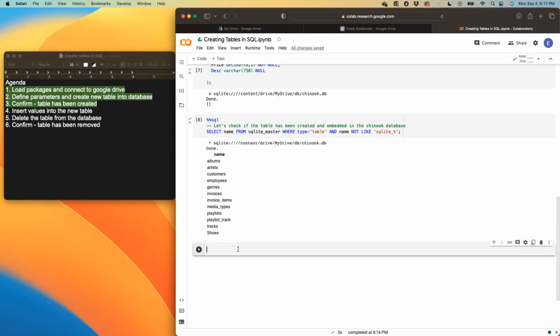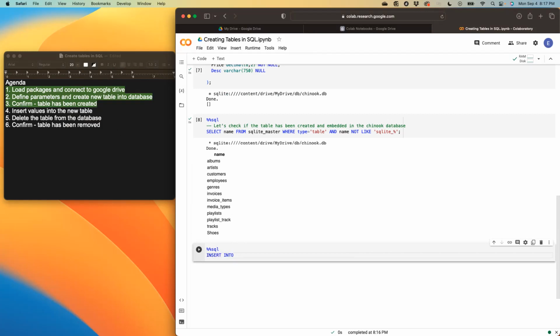So, all right, so percentage SQL. And then we use the statement called insert into, right? The SQL statement called insert into, because it would now help us insert those new values into the table called shoes. So basically what we're doing is we're populating that table, right? So we have shoes,